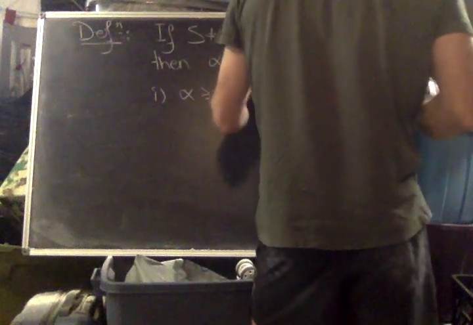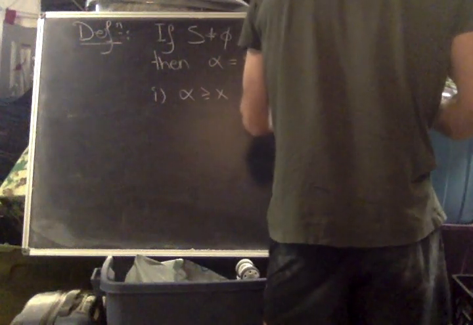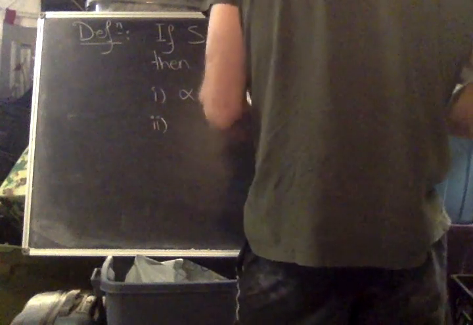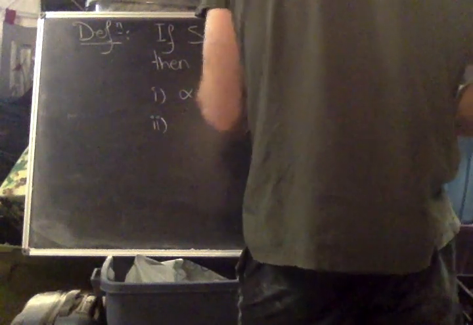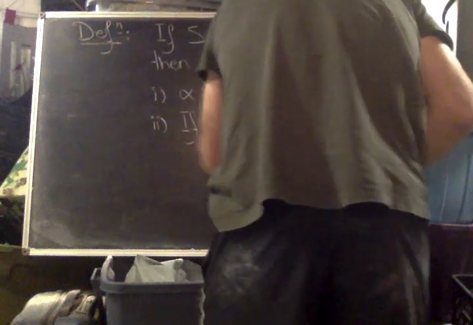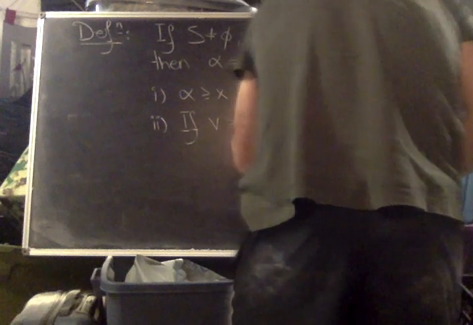One, alpha is an upper bound, so alpha is greater or equal to x for all x in S. And two, if you have some other number v greater or equal to x for all